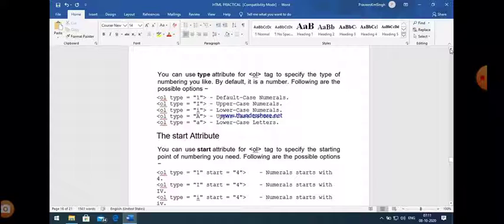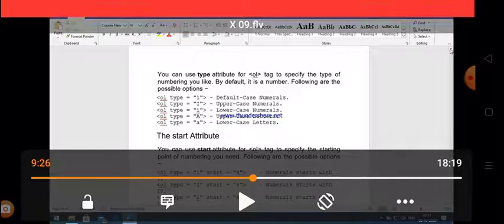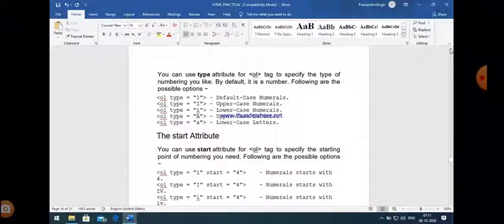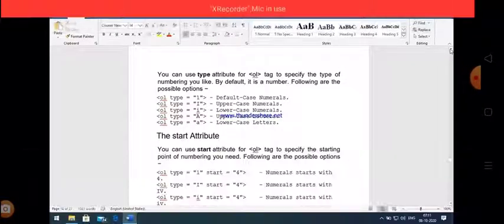So these are the different types of numbers that we can provide to our list items. And second thing is, by default they start with the first value. It means if you use just 1, then counting always starts with 1. And when you use capital A, then counting starts from A and goes on to B, C, D, and this type of numbering. But if you want to change the numbering, then there is an attribute named start attribute. You can use start attribute in a program.